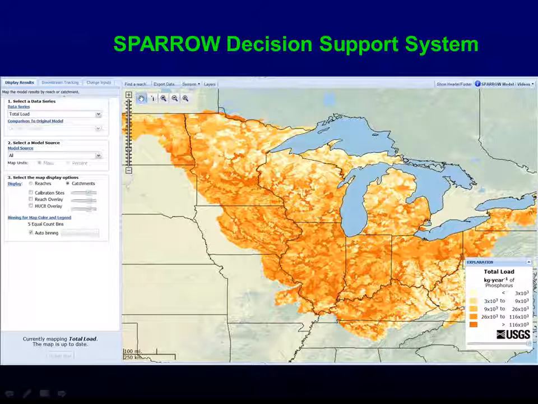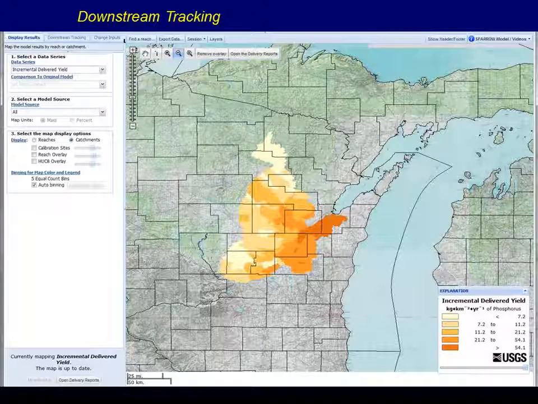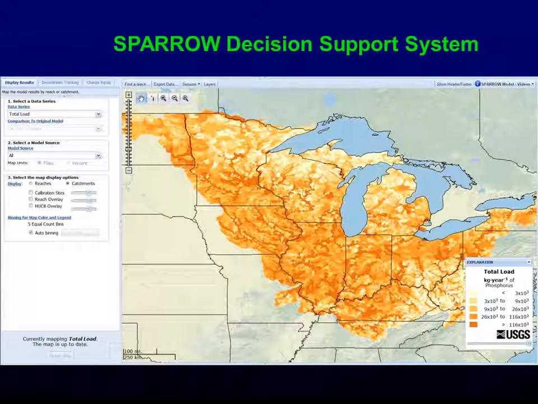You click on that, and from here you can see all the inputs and the outputs from Sparrow. You can go down here with pull-down menus and see, let's say you wanted to see the point sources. You can see all that information. You can also download it. You can see all the inputs from fertilizer, manure, and get graphical presentations of those. You can also, if you follow, there's a little bar on here. So that was displaying the results.